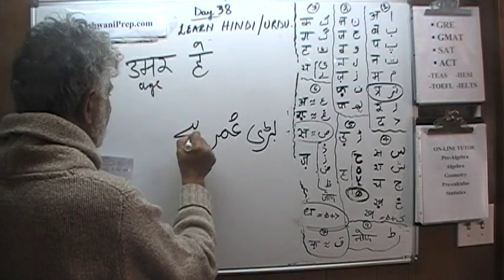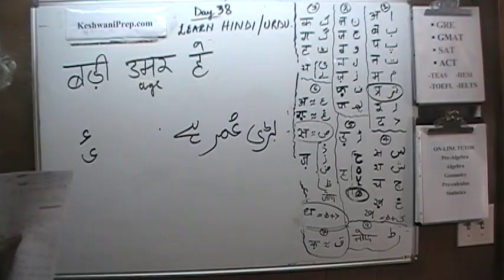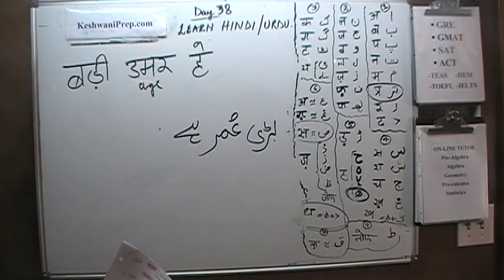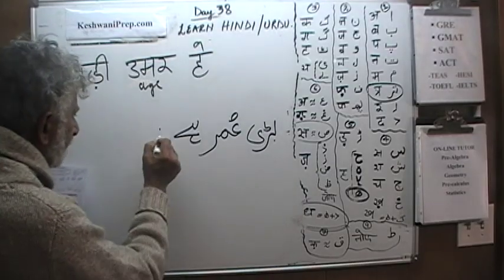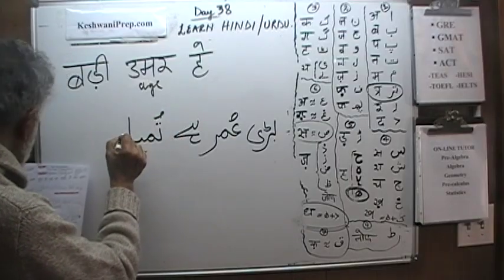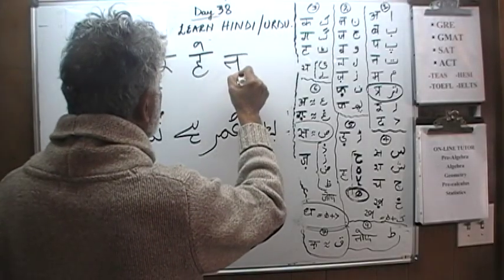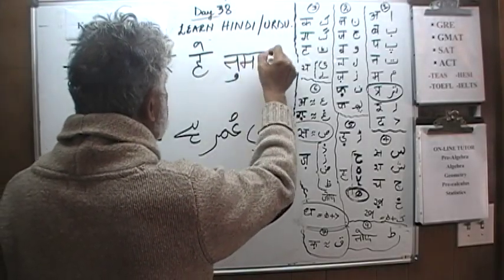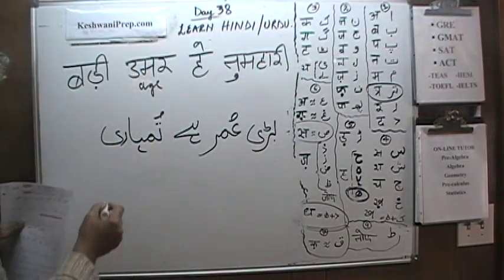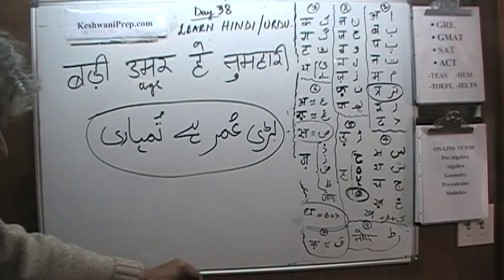Hai is very simple. Hai and a badi. Hai tumhari. And since we already wrote the word tumhari, I'm not going to make a fuss about it. We just wrote it a little while ago, I believe. We wrote tumhe. Tumhe and tumhari is the same thing. Tumhari. Tum ha ri. Now this phrase, Badi Umar hai tumhari, in order for us to understand what that actually means in the context of this line,